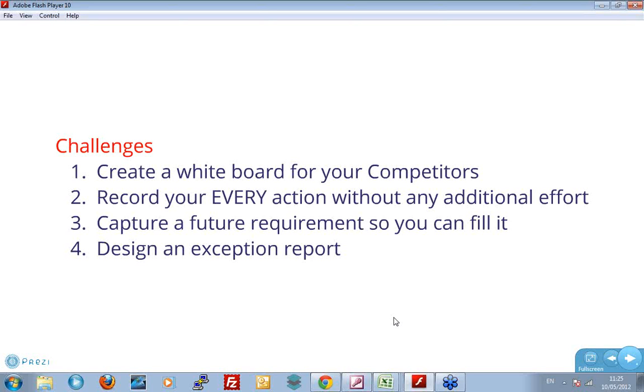Okay, challenge number 3, capture future requirements so you can fill it. This was a problem that came to me. Really, a recruitment agency rang me up wanting to know if they could recruit for me. And we just recruited a salesperson, so I didn't need a salesperson. But I said, in 6 months' time, I probably will. And so I took the time, explained what we were and what we were looking for and the sort of skills we were looking for. And the recruiter on the other end of the phone listened diligently and hummed and said, oh yes, absolutely, we could fill that job for you.